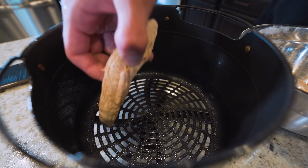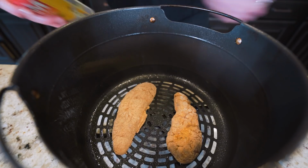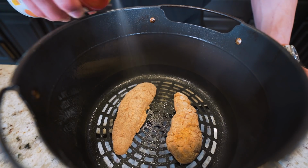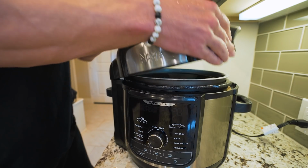Once it's breaded, I will just sit it down in my air fryer basket. And now I'm just gonna go in and bread the other piece of chicken. And now that both pieces of chicken are breaded, we wanna make sure they crisp up. So I'm just gonna grab a can of cooking spray and give each one a light coating until it's moist on top. And now we'll just toss our chicken down in our air fryer, close the lid,